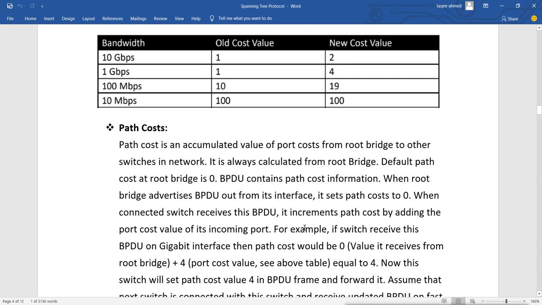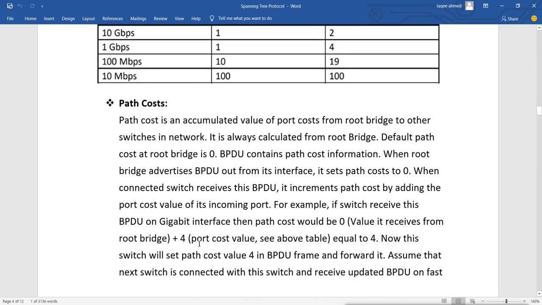For example, if the switch receives these BPDUs on a gigabit interface, then the path cost value would be 0, the value received from the root bridge, plus it will add the port cost value of 4, as you can see in the table above, and that is equal to 4. So now this switch will set the path cost value in the BPDU frame and forward it.